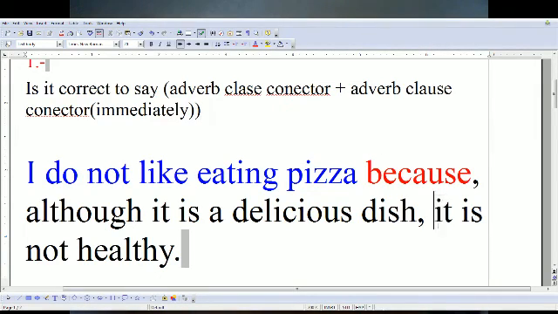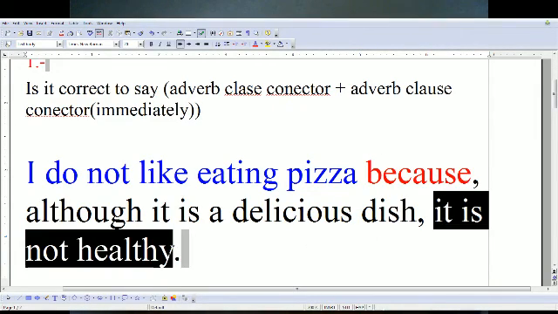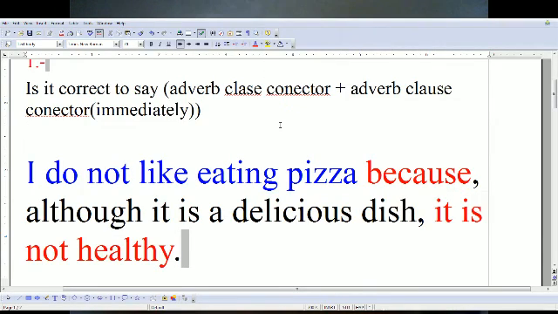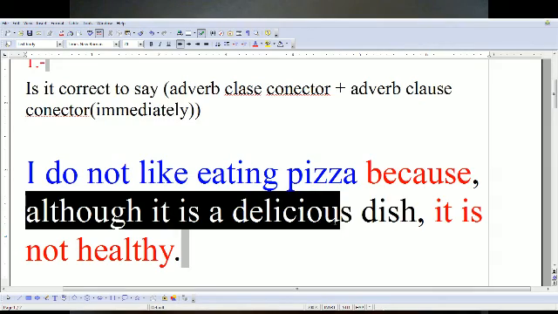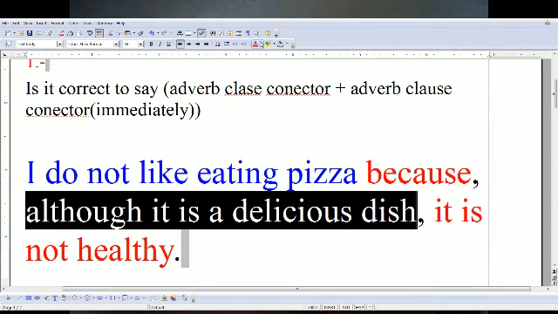Because it is not healthy. I'm going to make this red. So that's your first support point: I do not like eating pizza because it is not healthy. That's the first support point. Now the second point, you have another adverb clause embedded within the other adverb clause. So we're going to make this,